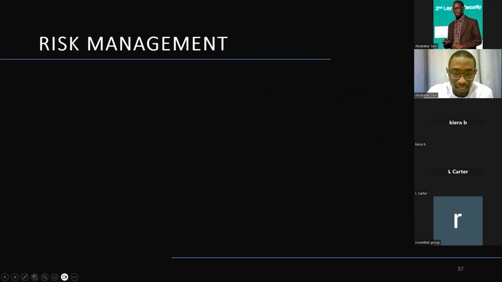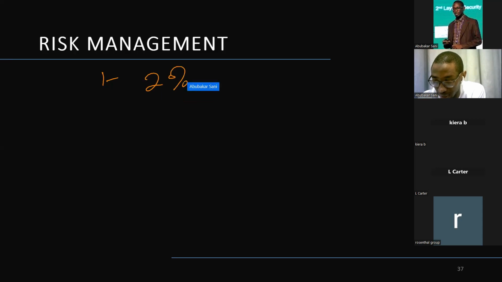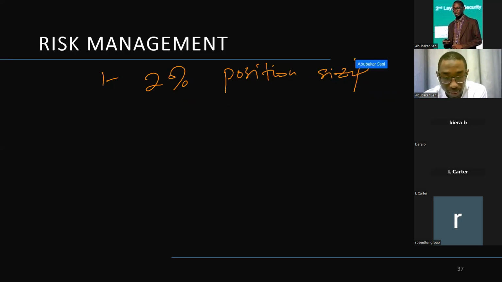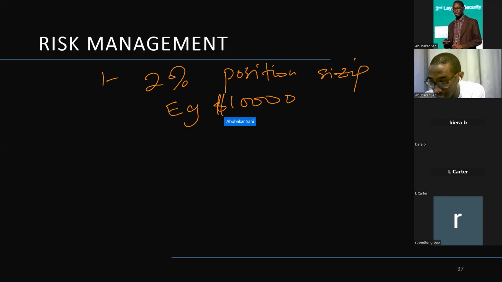For risk management, I am going to use a simple approach. First of all, I don't want to invest more than 2% for the position sizing. So no matter how good an opportunity is, I'm not going to go more than 2%. If I have, for example, 10,000 as my account balance, the maximum I'm willing to risk is $200.